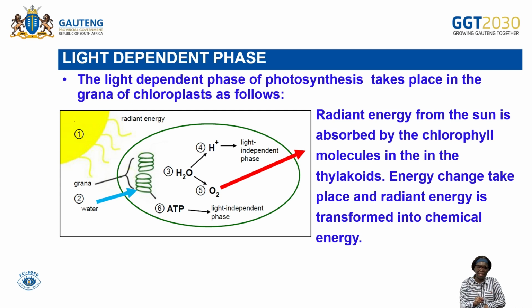Let's have a look at the series of events during this phase. It occurs in the grana. The grana have what? Chlorophyll. Chlorophyll absorbs the radiant energy. And radiant energy will be changed into chemical energy. The chemical energy,